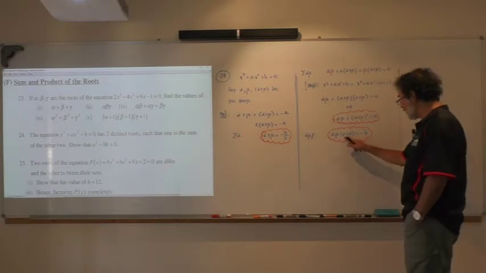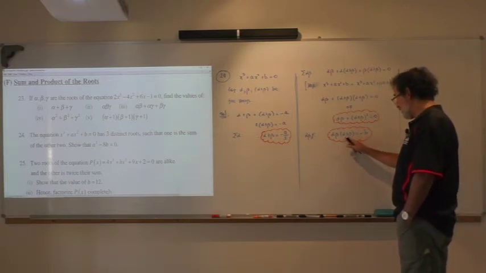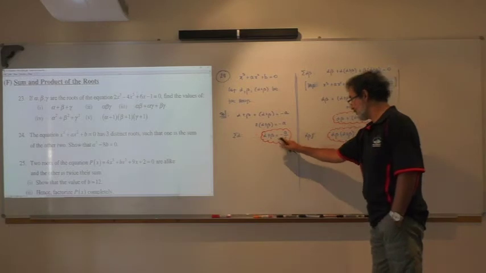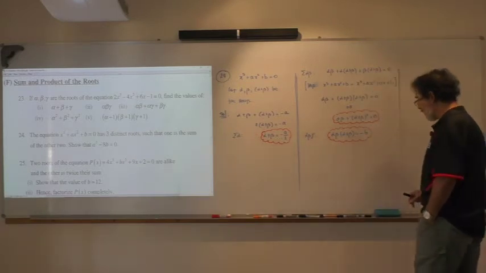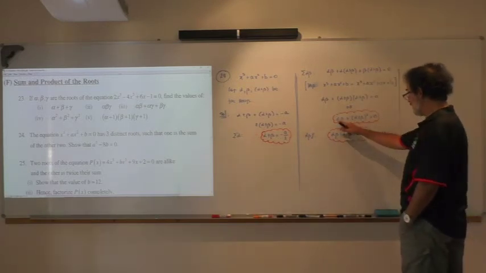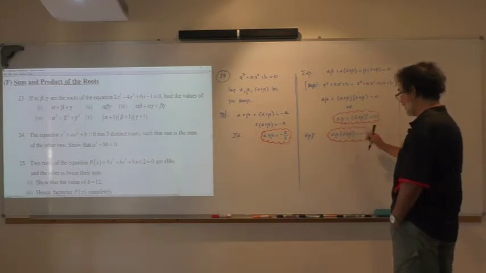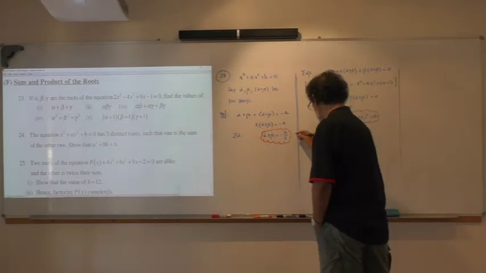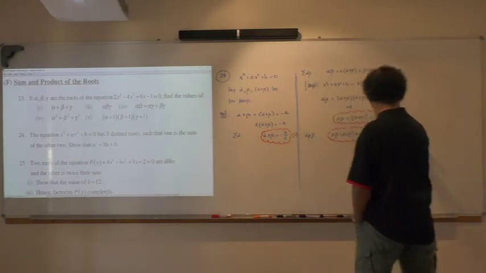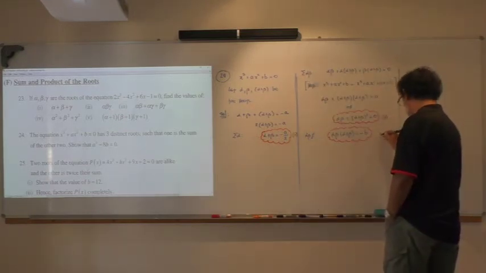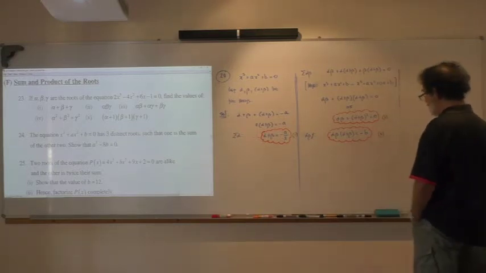I know what alpha plus beta is from here, and I really want to know what alpha beta multiplied by beta is, and we can do it from here. So I'm going to call this equation 1, this is 2, and we're going to call this 3. Okay, so we're going to say from